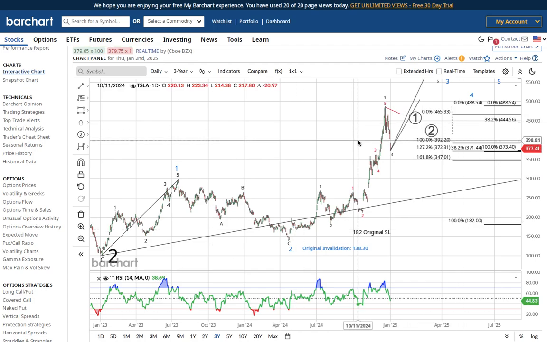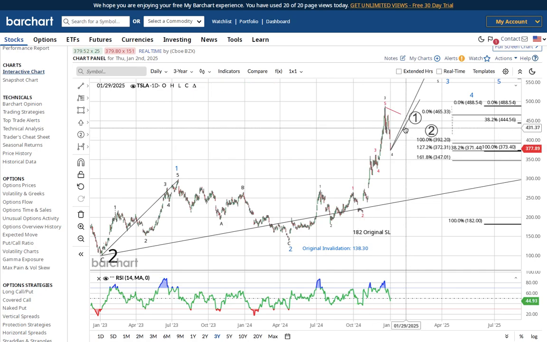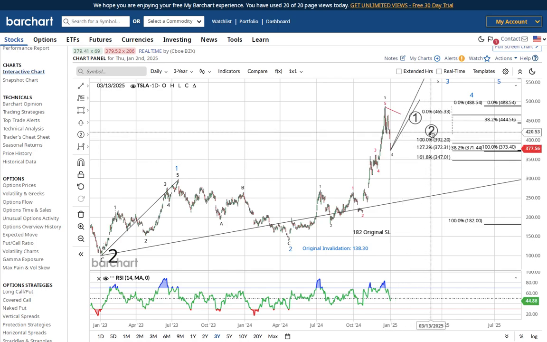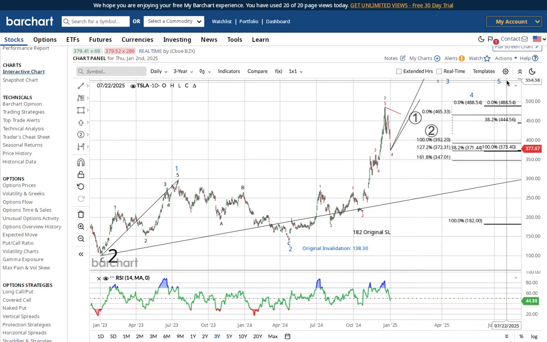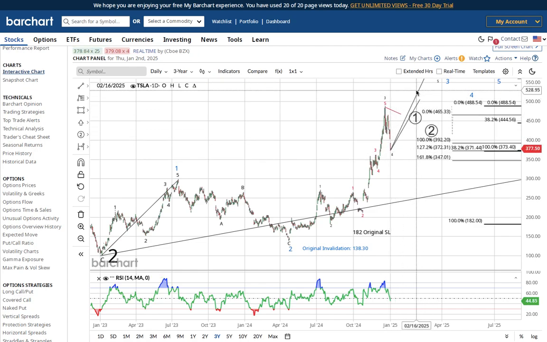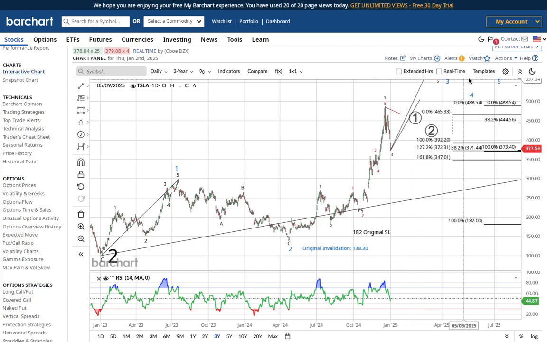But before wave 1 and wave 2 can be measured, once this wave 4 correction ends, one way to find the wave 5 target is to take the 61.8% extension of the depth of wave 4. So when wave 4 ends, the 61.8% extension of wave 4 way up here is in the 550 range. That's kind of between the length of wave 1 placed at the wave 4 low and the wave 3 placed at the wave 4 low target. It's around